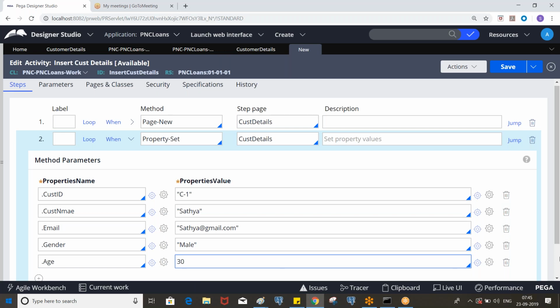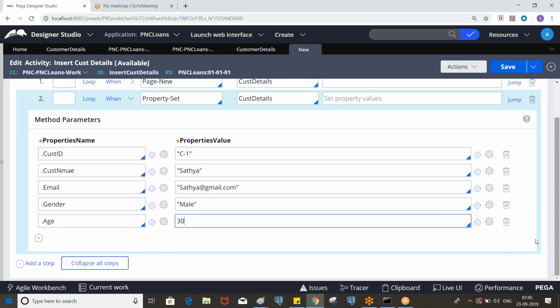After executing this step, on the clipboard you will see the customer details page, and on the page you will see these properties. It is similar to pyWorkPage. You compare with that one. On the pyWorkPage we have a property; similarly, on customer details you see customer ID, customer name, etc.